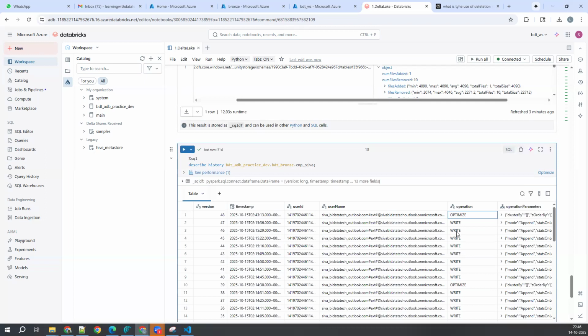1, 2, 3, 4, 5, 6, 7, 8, 9. Maybe I don't know where the 10th file came from. So it includes that file also, maybe. No, it doesn't delete that file, right? Files removed should be only 9, right? In that case,